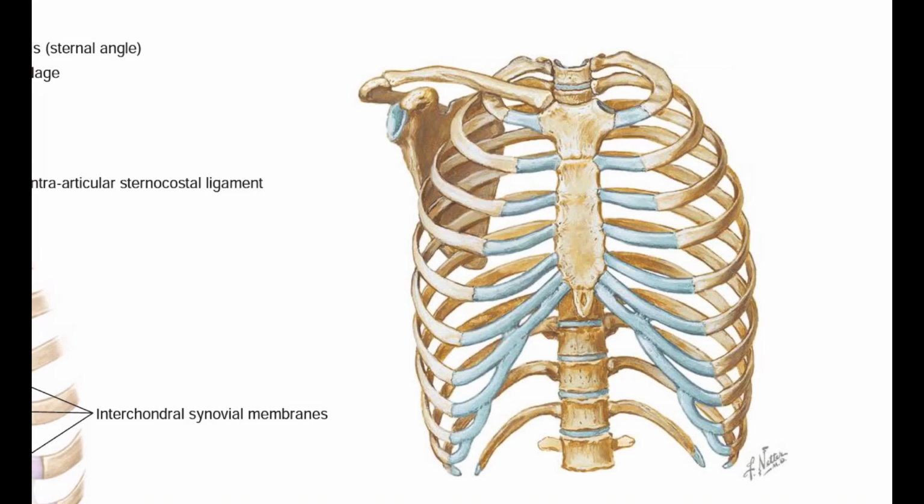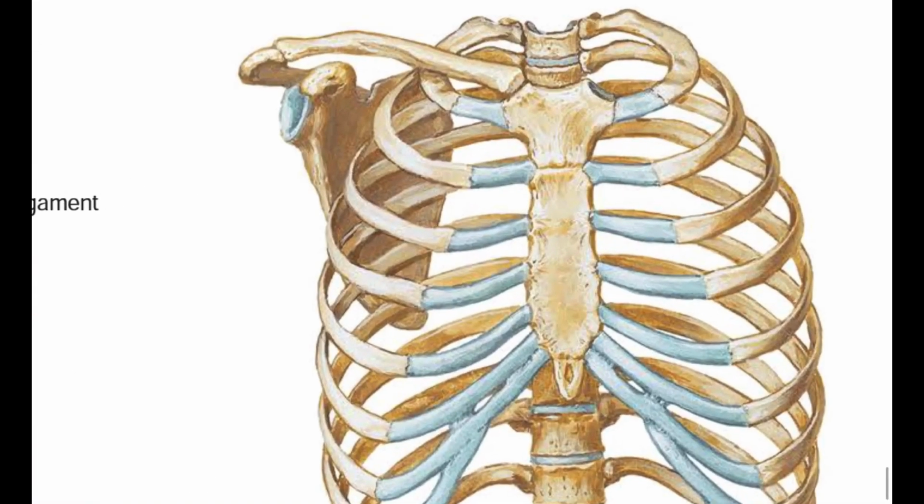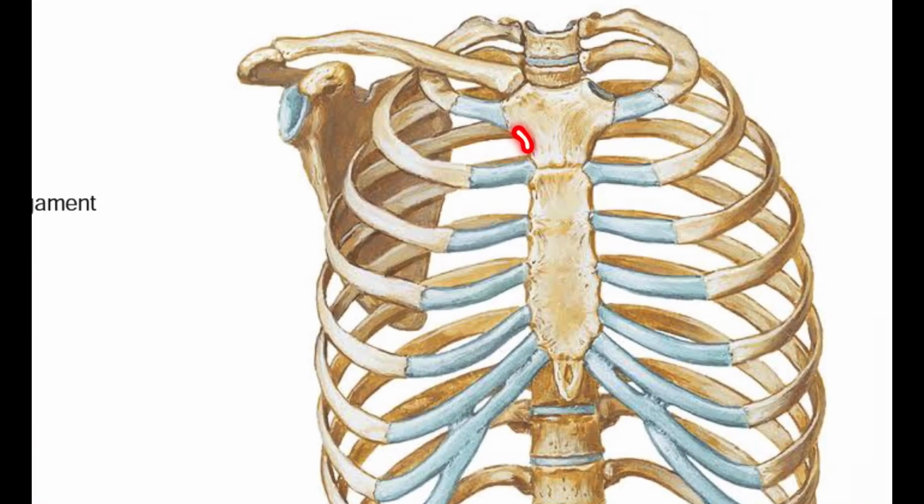So next one is the manubriosternal joint. The word itself has the meaning: manubrium and sternum. The manubriosternal joint is between the lower end of the manubrium and the upper body of the sternum. So this one is the secondary cartilaginous joint between the manubrium and the body of the sternum. It permits slight sliding movement of the body of the sternum on the manubrium during respiration.